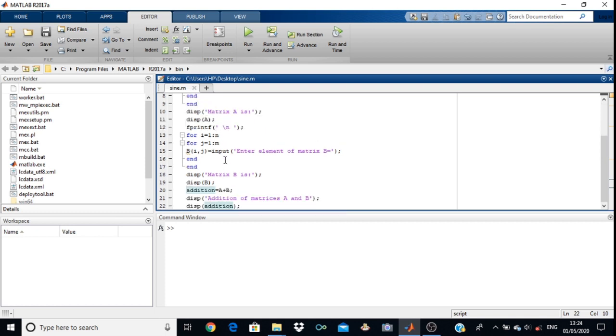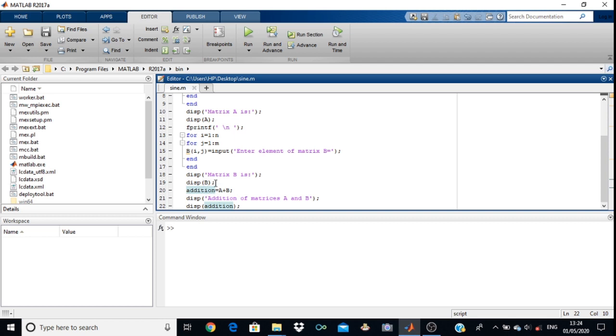Now for matrix B, again for i equals 1 to n and j equals 1 to m. Again we have taken the nested loop, then again the same process. Then display 'matrix B is'. And if you want to show the content, then you don't have to use the inverted commas.